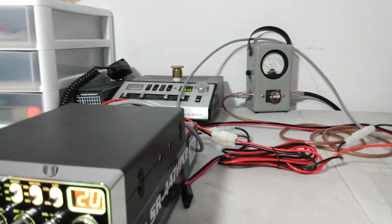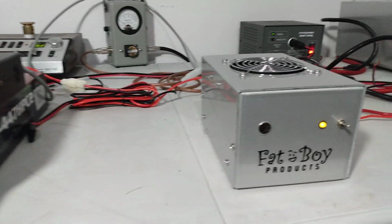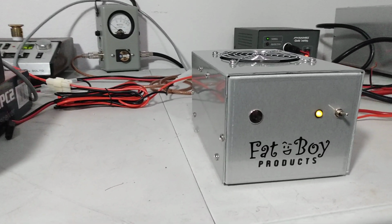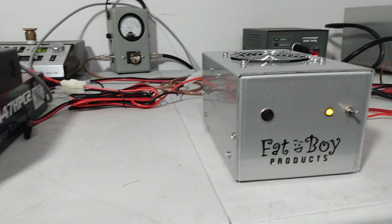Let's see. What else can we do? I think that's about it, guys. Just demoing this little 2-pill. Now, again, we're only running the box at 14.4. That's what our power supply says. Could be 14.5. Who really knows? That meter could be deceiving us. But